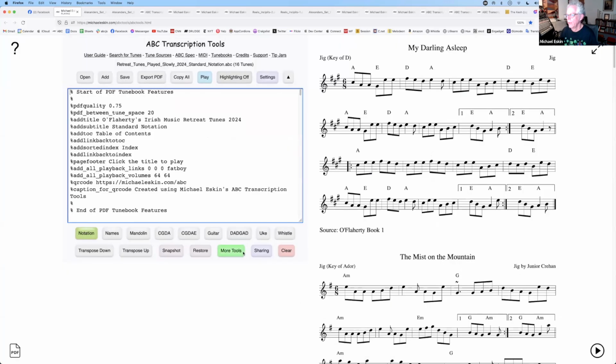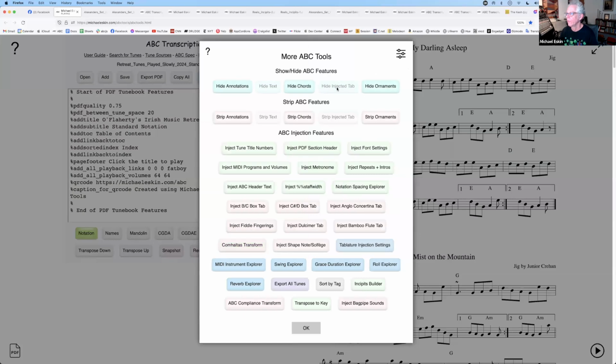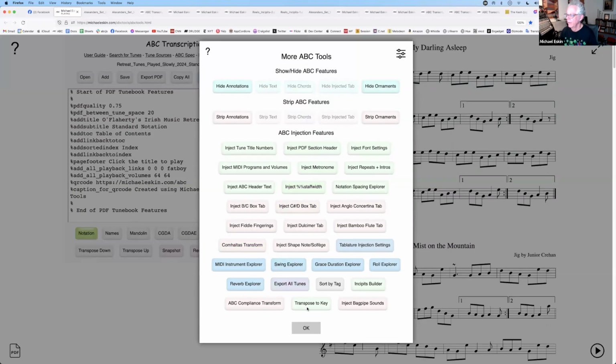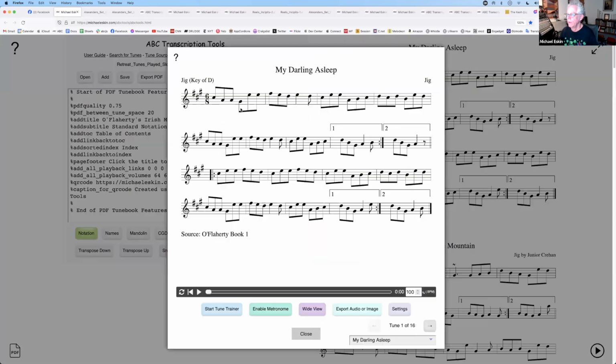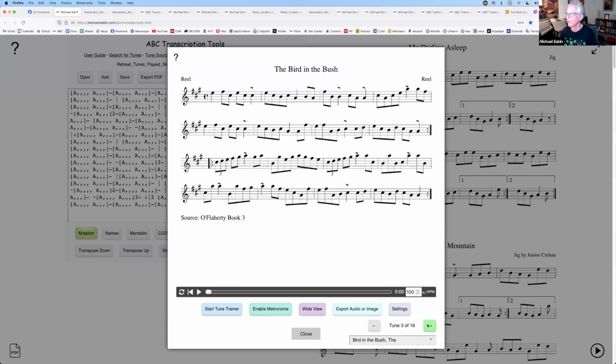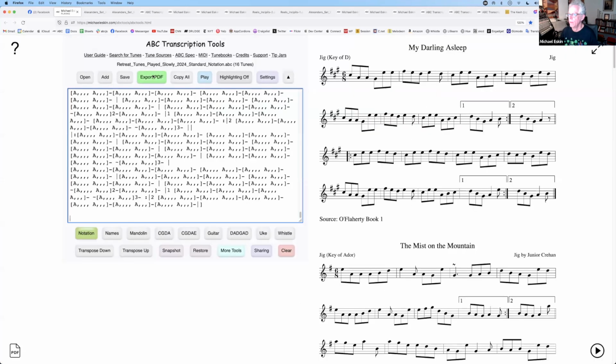Like, well, I don't like the piano backing. Back to more tools, strip chords. That gets rid of the chords. Now we just have pure bagpipe version. So for example, if I go to Bird on the Bush. Right. And if I create a PDF of this,